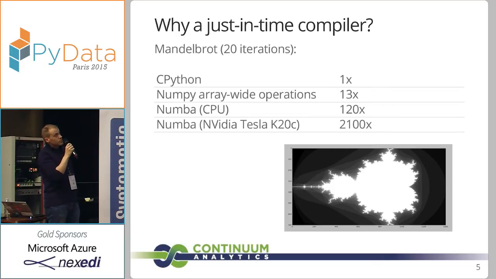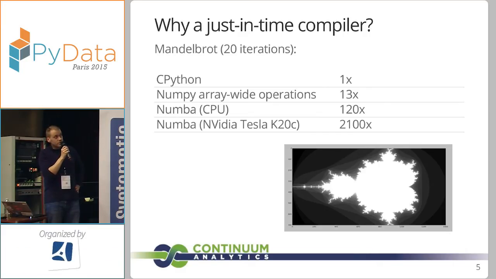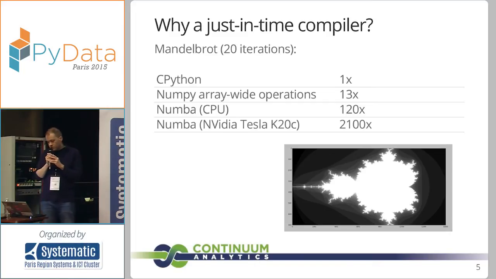Using Numpy array-wide operations, you can still have code that is, on this example, 30 times as fast. Then you rewrite the loop using Numba, and on your CPU you get a 120 times speedup, which is more like the speed of C or Fortran. And if you use the specialized decorator in Numba to run the code on the GPU, then depending on your GPU, on a fast one, you can get to a 2000 times speedup. So 2000 times speedup means it's perhaps 10 times faster than on the CPU.